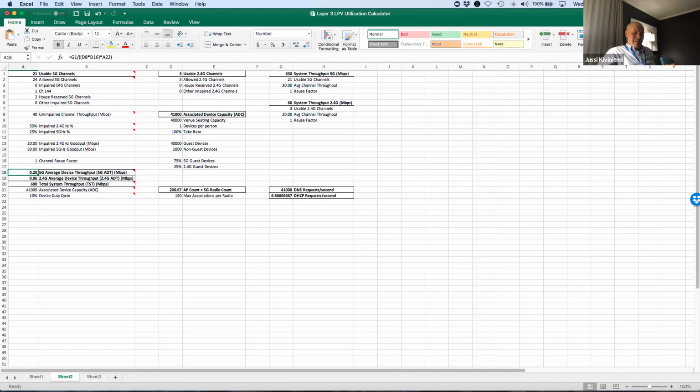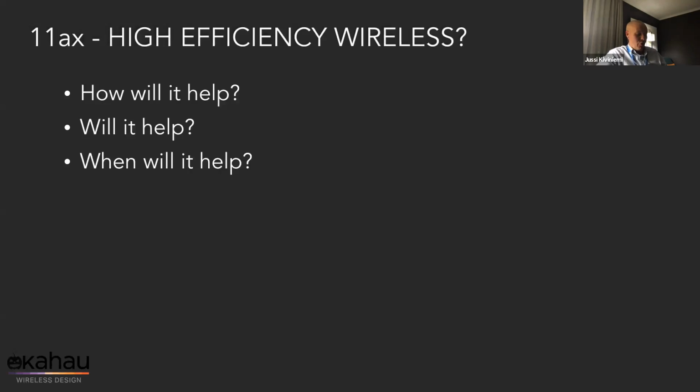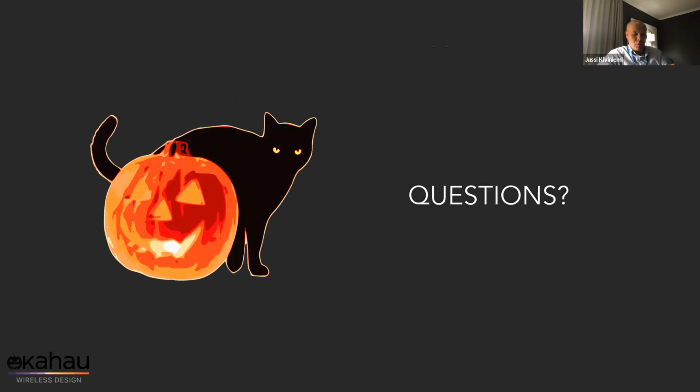Yeah, and to me, little do I know about stadiums, but my experience is that instead of waiting for AX, maybe it's time to rebuild your stadium or refactor some of your stadium's RF design based on, for example, many of the tips here. That will give you a huge performance boost while we're waiting for AX. All I'm saying is that many of the stadiums have not just outdated APs, but also an outdated RF design that was maybe best practice 8 years ago, but certainly not today.